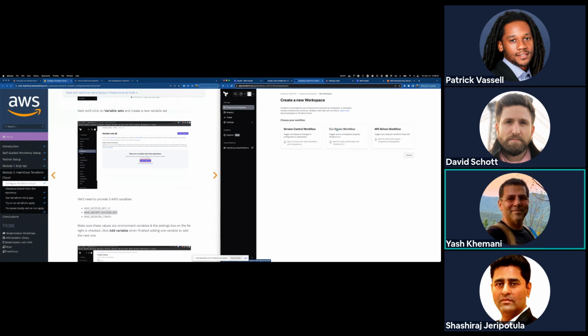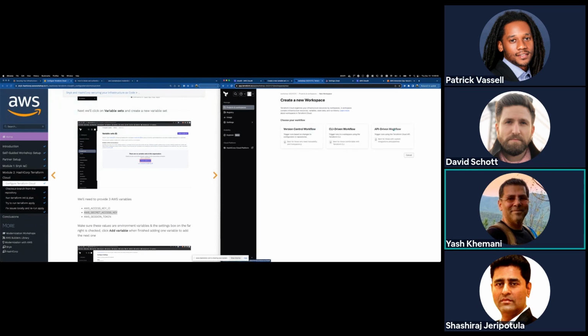But Terraform also supports a version control or a GitOps workflow, where as we were describing before, when you create a pull request, when you merge that pull request, or when you push to the branch and repo combination that is configured for your organization, it triggers a Terraform run. That run is a speculative plan if it's just a pull request, and then when that pull request is merged or when you do a push, it does the full Terraform run.